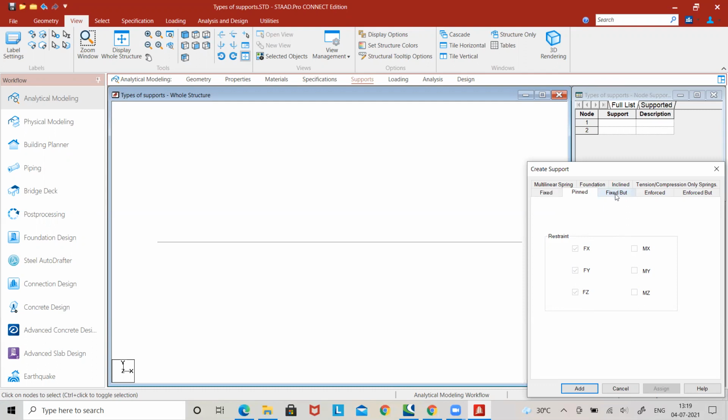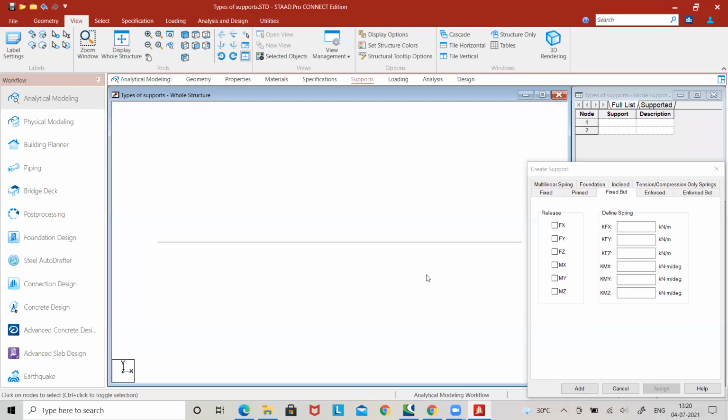Then next is the fixed but. In the fixed but, you can release any reactions, either translational or rotational. Let us say if I release this Fx, that means the reaction will not get generated. What will get generated is the translational deformation along that direction.